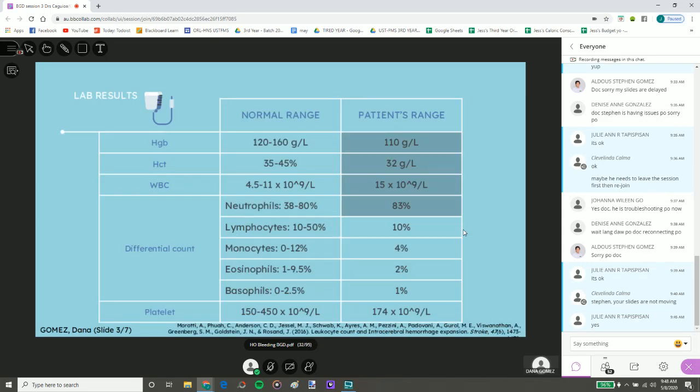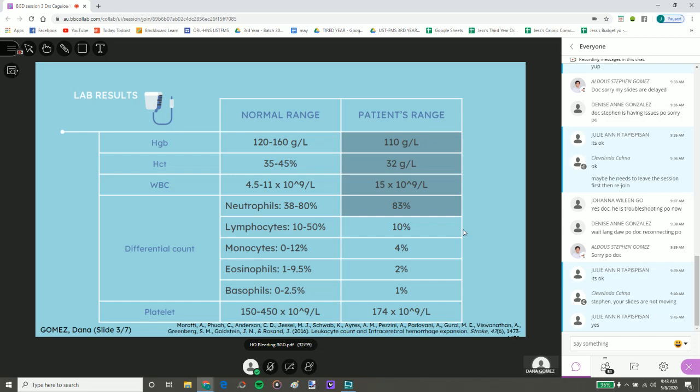So the CBC results are as follows. Hemoglobin and hematocrit are low, which can indicate blood loss due to blood thinner or anticoagulants such as warfarin. WBC is also increased. The relationship between increased WBC count and intracerebral hemorrhage is complex. According to a study of